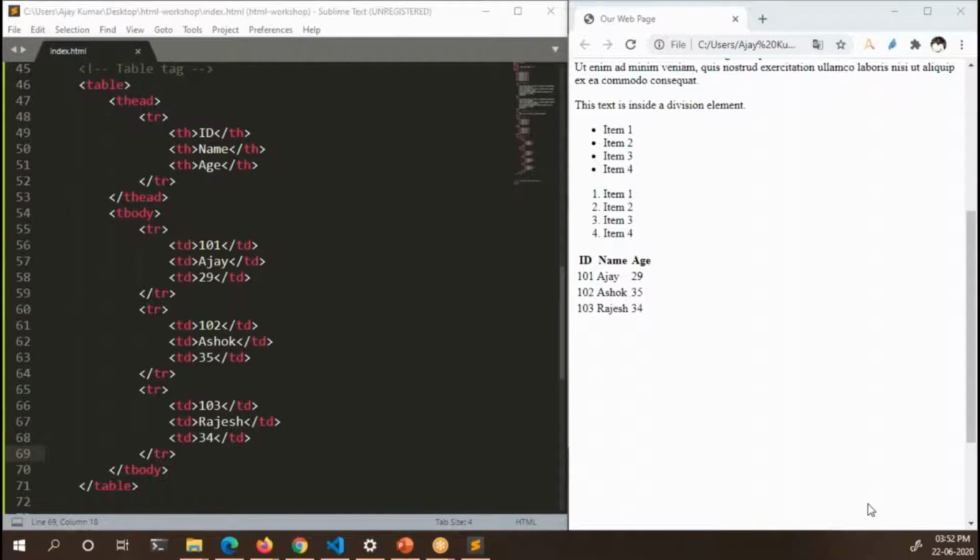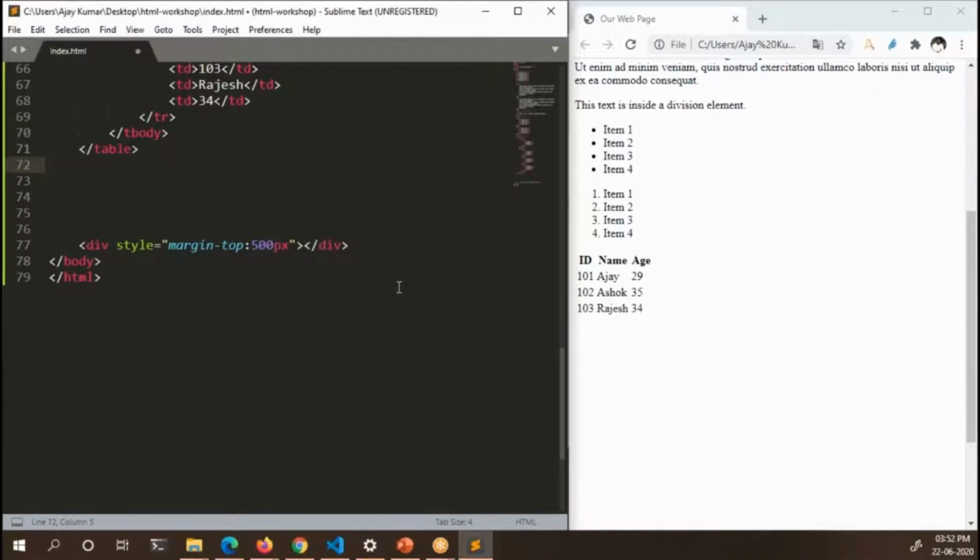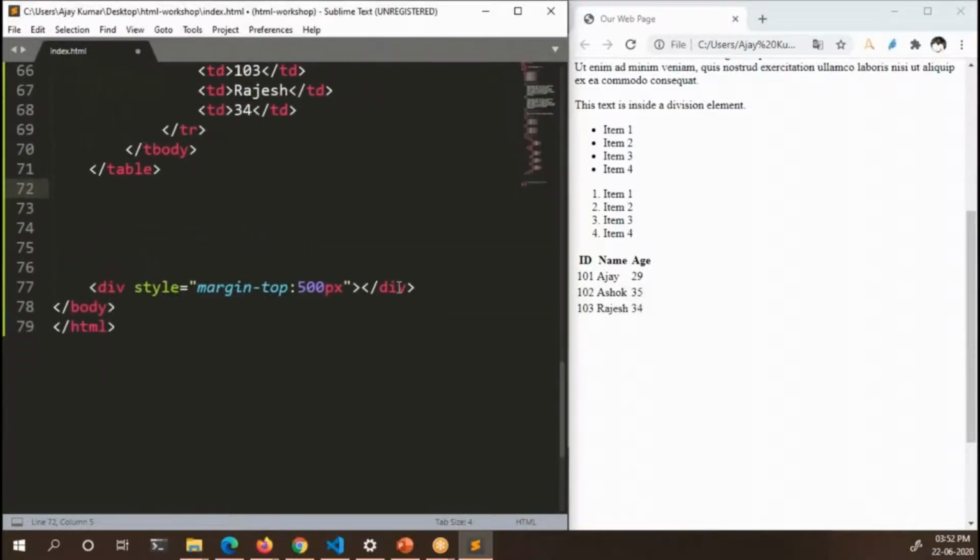Okay, we'll proceed. So the next tag that we will look at is the form tag. With HTML, you can create user input elements, but you cannot make them work. Means you can create a button, but you cannot make the button do some action by using HTML. Okay, so let's create forms. Generally forms are used to take user input.